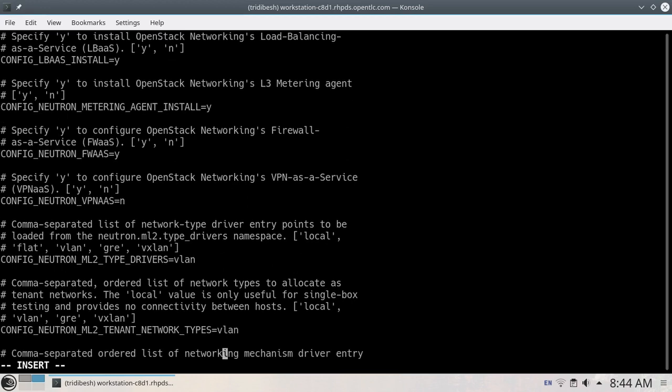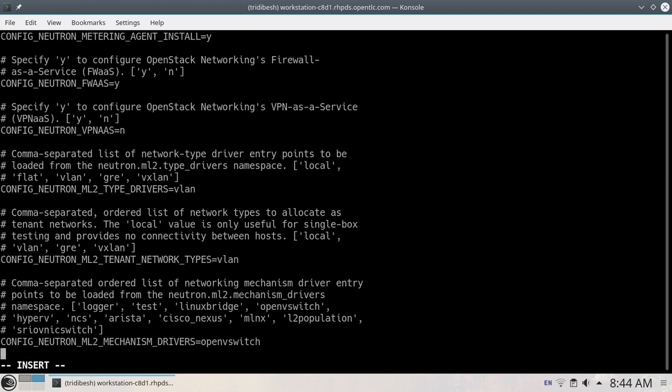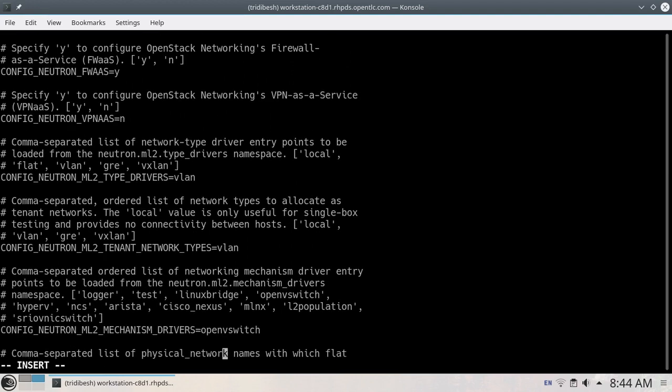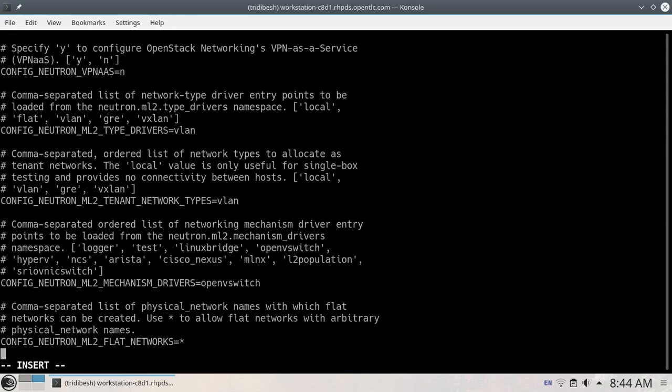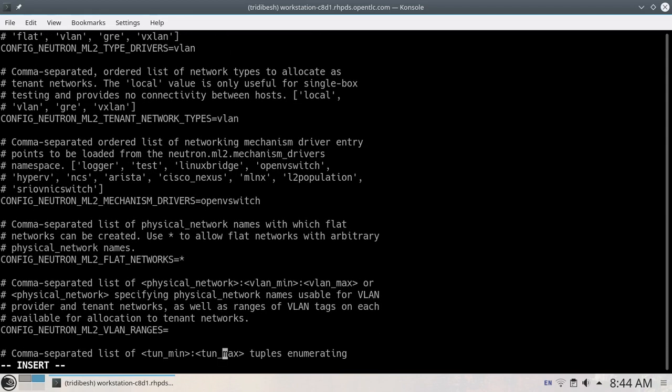Then we'll set the range, that will be here somewhere. Mechanism driver, we are using Open vSwitch, we are not changing that. Then Neutron ML2 VLAN ranges, we will be setting it up. We'll give an arbitrary name, physical net 1, then we'll give a range 1:1000.